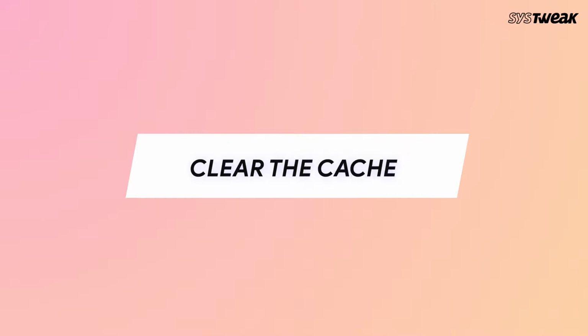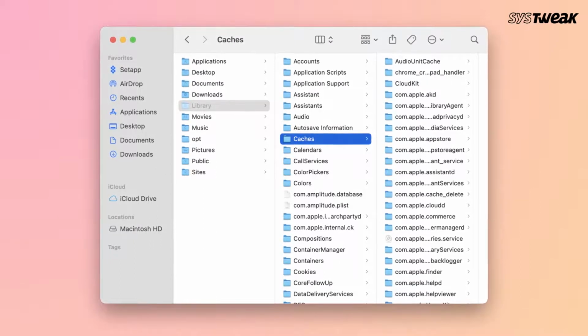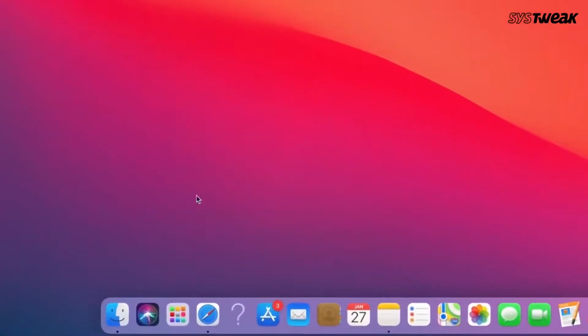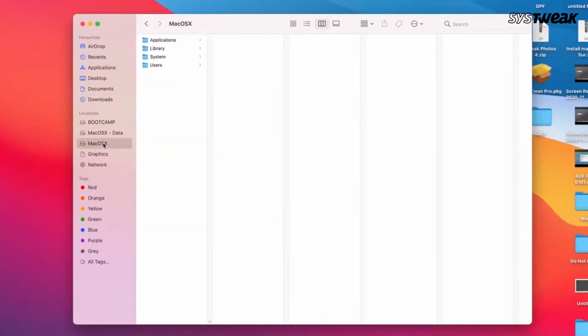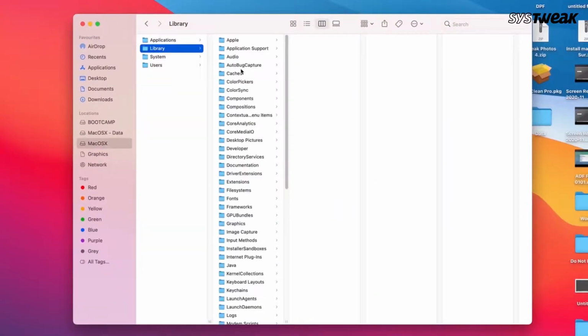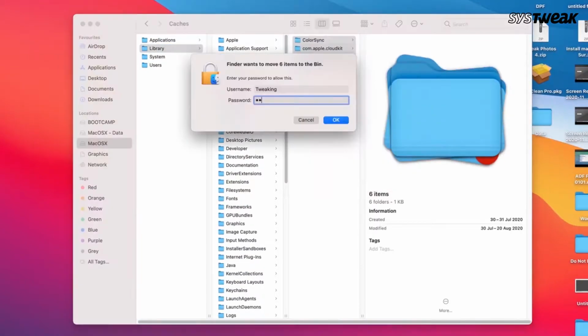Clear the cache. Over time, every device creates a pile of cache files that sometimes get so large and hamper the smooth performance of your macOS. You can choose to safely clear out the caches using the Library folder in Finder. Head to Finder, navigate to the Go tab. From the options, choose Library. Caches, choose to send content to trash. It might ask you to enter the administrator password, enter it and click Empty Trash.